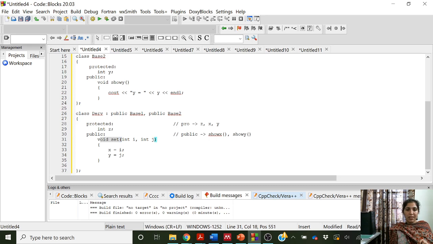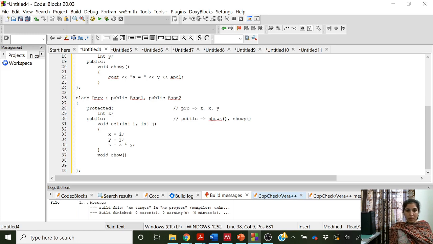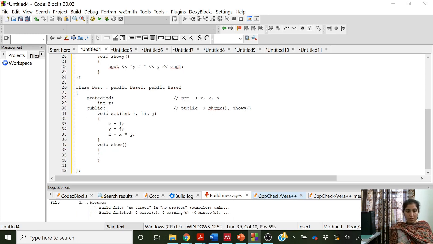Plus we also have set, which is setting the value of x and y, and also it will set the value of z. z is equal to x multiplied by y. Okay, and let us create a function void show. It will display the values of these data members x, y and z.